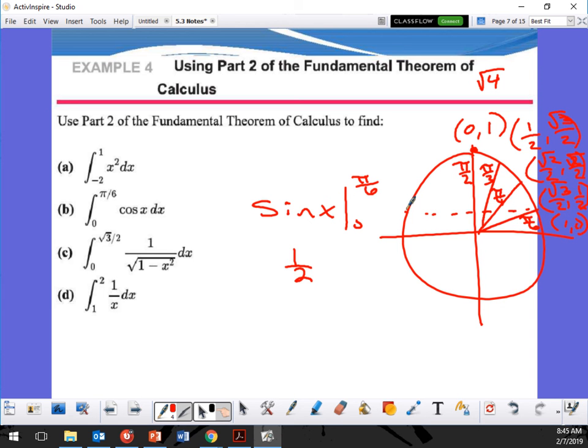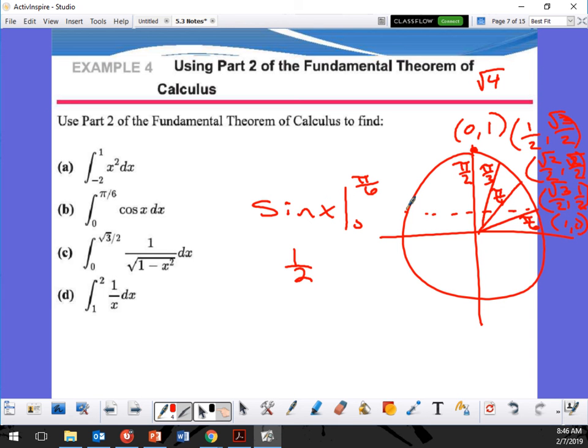Is that a neat trick? Yes. So when you're taking the test and you know you have to do sine and cosine, make yourself a unit circle first. Just go through and do that, and then you have your values. Does that make sense? Yes. Okay, so that should be helpful.